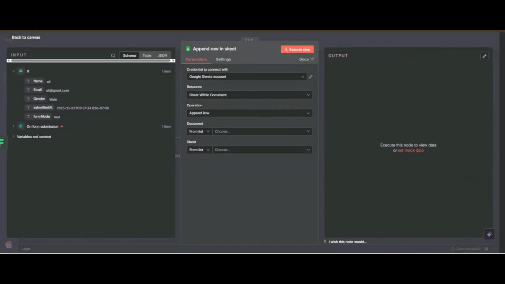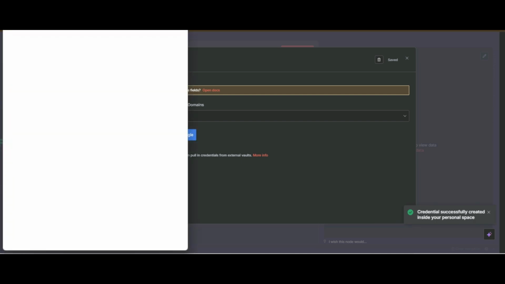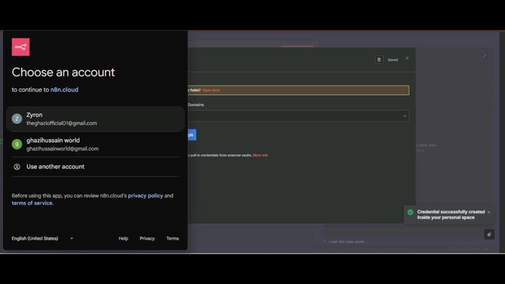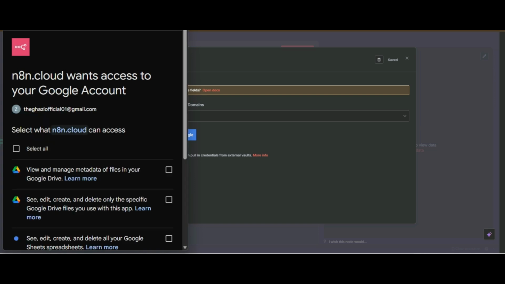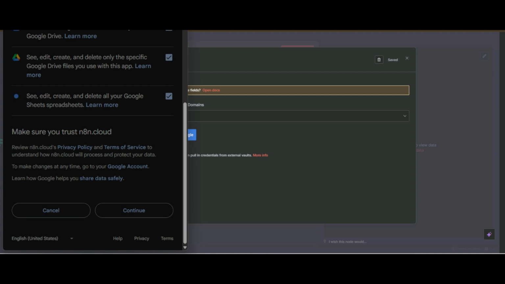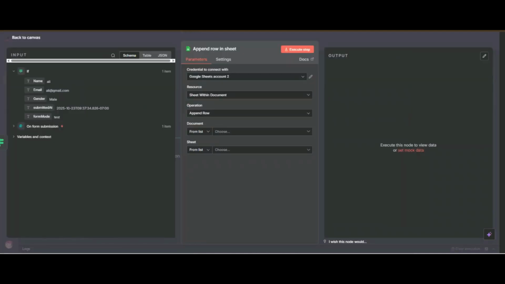I already have an account, but I will show you how you can connect. I will select create new account, and you can see there is an option, sign in with Google. Click on it and you will see a pop-up. Select your email, give the access, then click continue and click save. Your account will be connected.